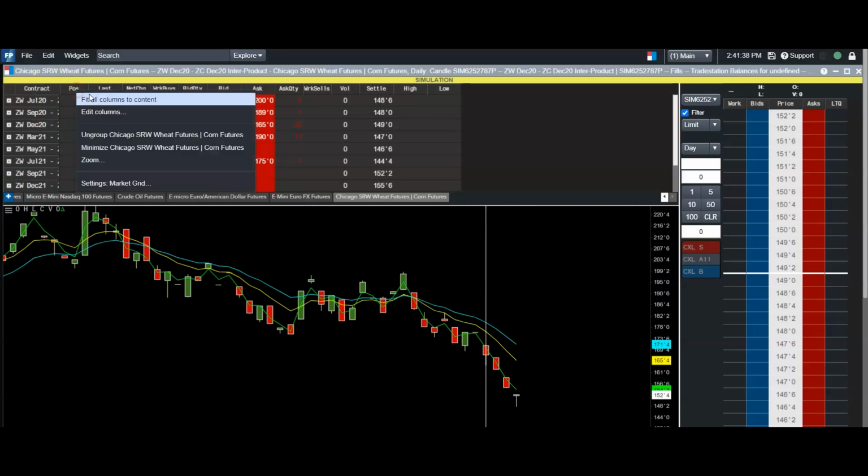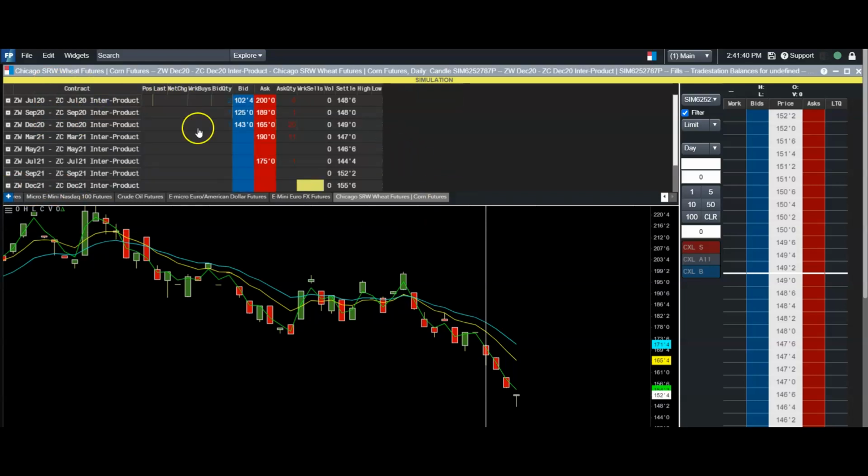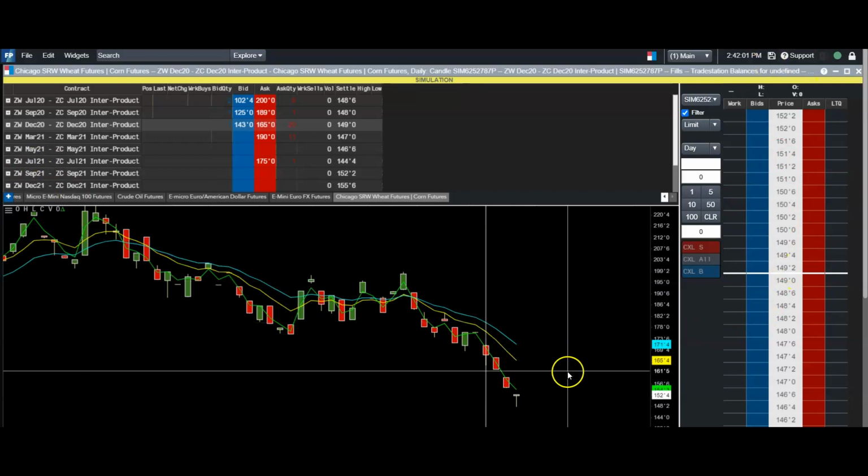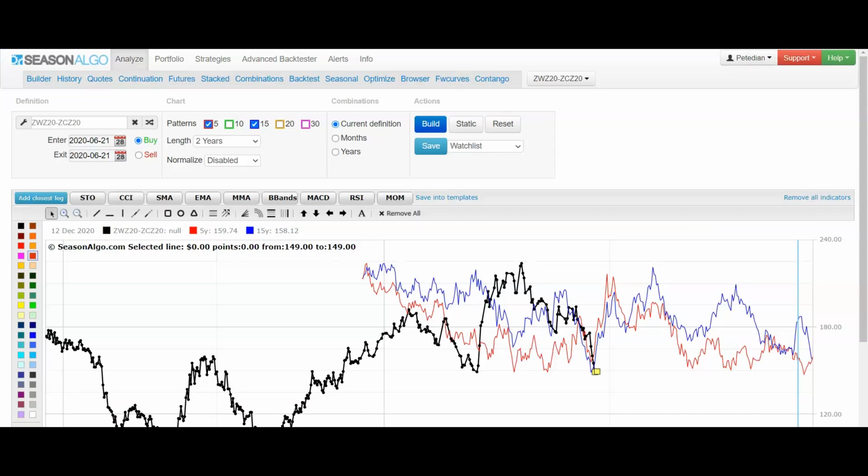You can right click these columns real quick and fit them all. And December is right here. There you go. Clearly right there. Your ladder will pop up. When the market's open, all the volume will come in. Okay, Futures Plus doesn't leave any volume on the table here for you to see when the markets are closed. 7 p.m. Central, Sunday it'll open up. The volume will start coming in slowly. Okay, in through the London session, they'll start piling it in, and so we've got to see what's going to happen here. Do I want to go long or short? We're at a really good area to make a decision.